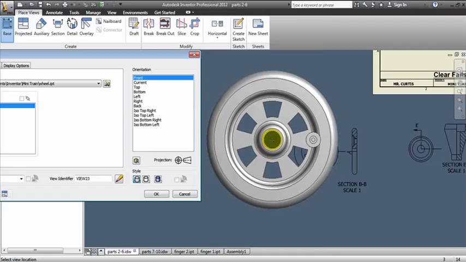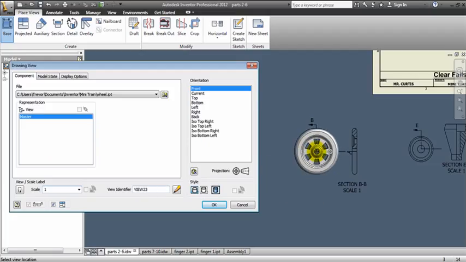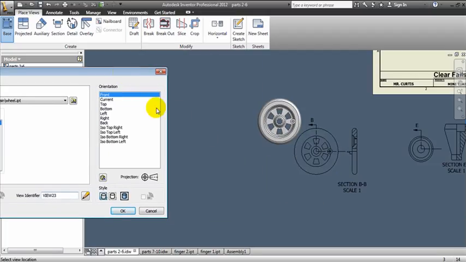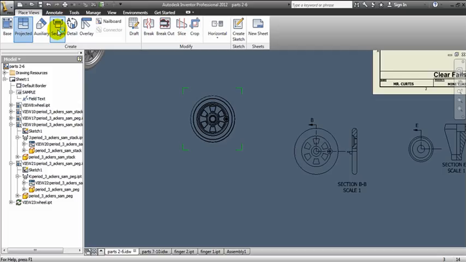First of all, make sure that you place it at the right size. Right now it's at scale of 3. Let's see what 1 looks like. 1 looks like what I used, so that's good. And you're going to place the wheel just like this. No hidden lines though. And when you do your section view,